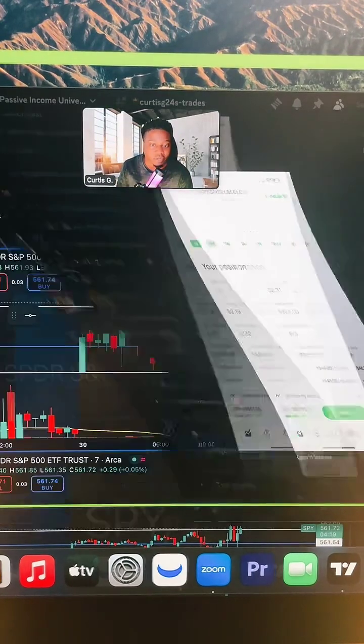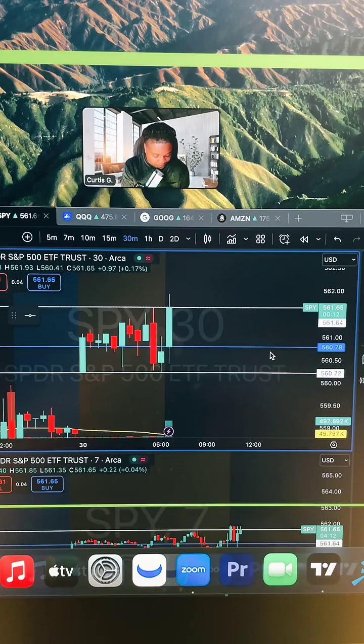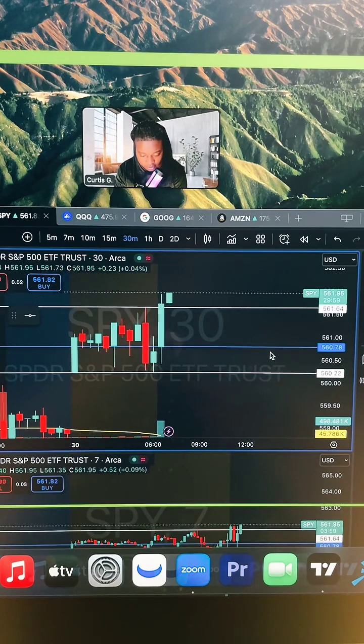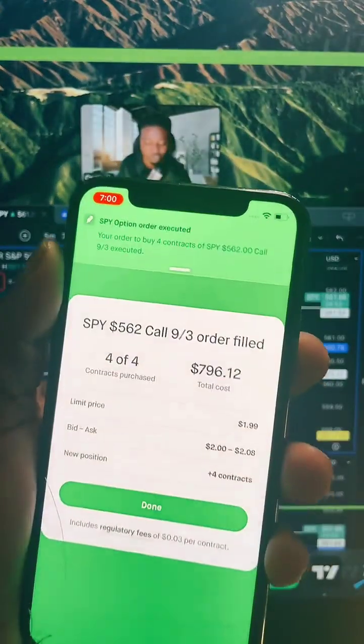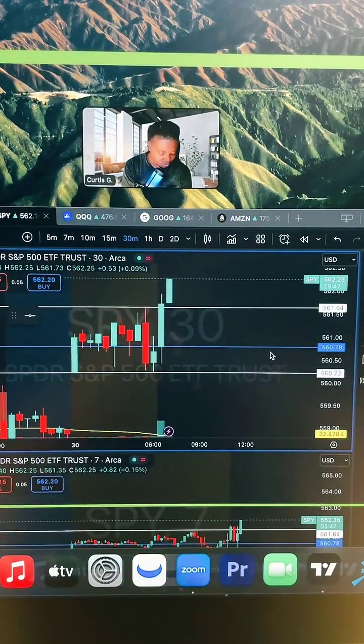All right, 18 seconds. I'm looking at some potential calls for SPY. We got 7 seconds left on here. We're looking at September 3rd calls for a quick scalp. All right, I'm in there, but I feel like I got a bad entry. We are in the trade right there. We are in SPY calls right there. So let's see how it goes.